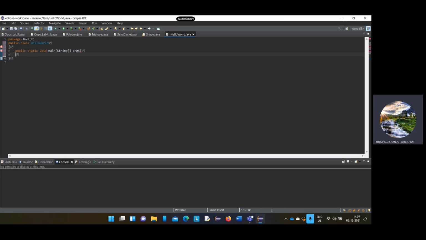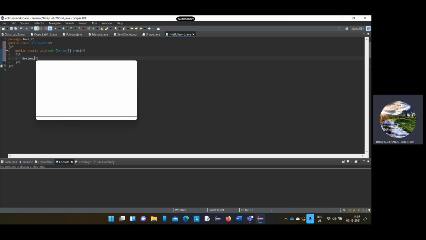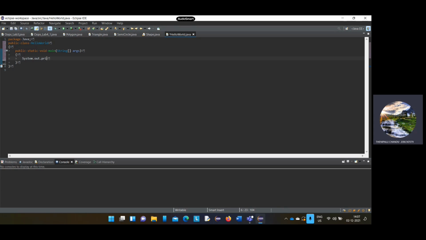Okay guys, now let's see. We will print Hello World. See guys, this is used for printing. If you want to print anything, you have to use this.